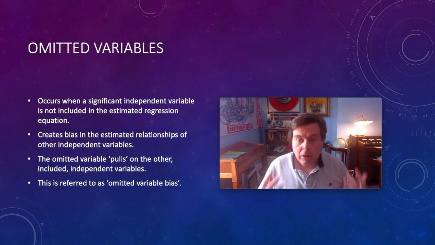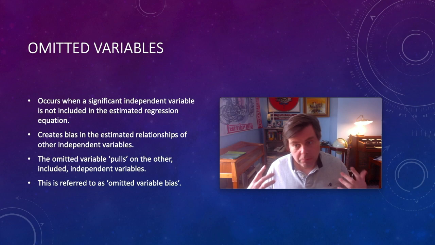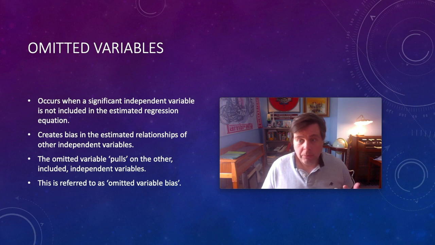Okay. So to start off with, the most common and seemingly obvious, but in practice not very obvious, error that one makes is omitting a variable. So omitting a variable that has important explanatory power regarding movements in your dependent variable that simply is not in your regression equation. Okay, and when we omit an important variable, it effectively creates bias in the remaining equation in the vast majority of cases,